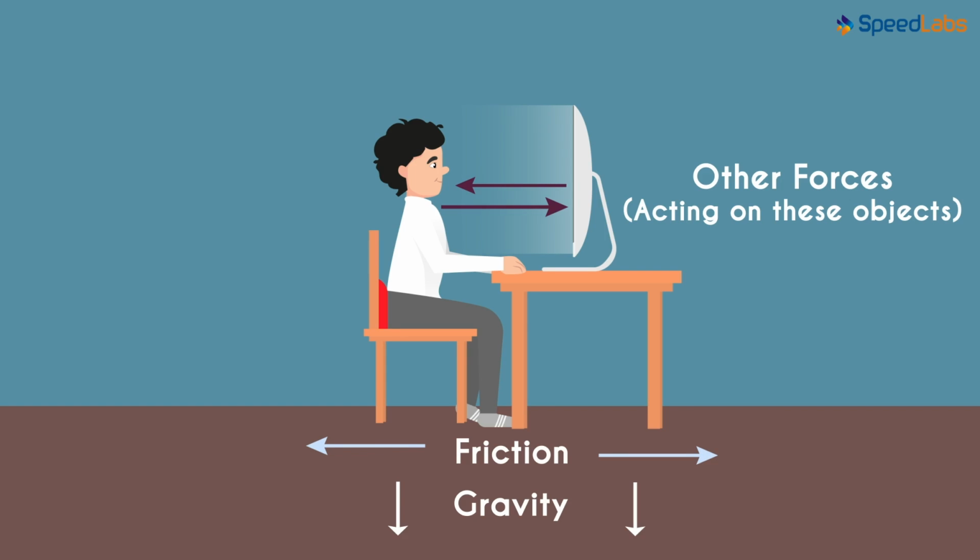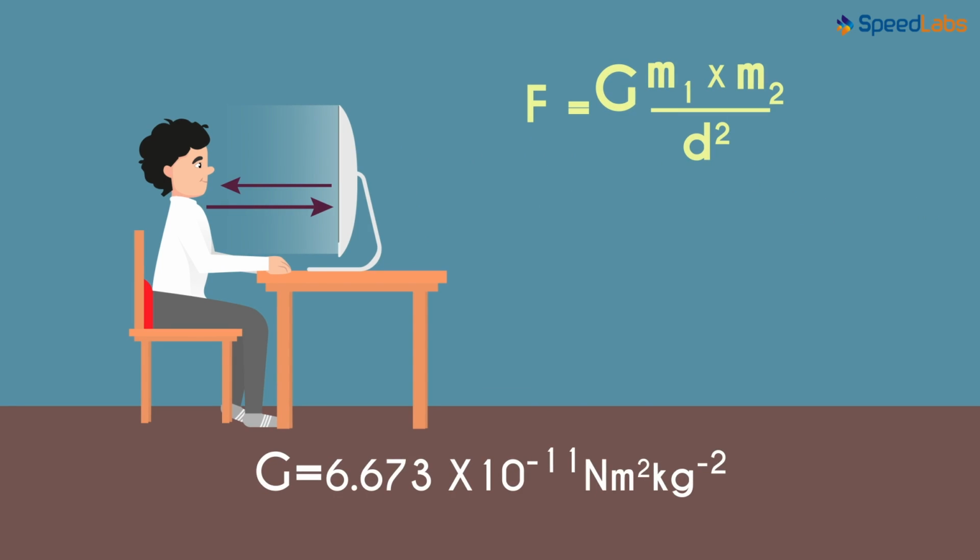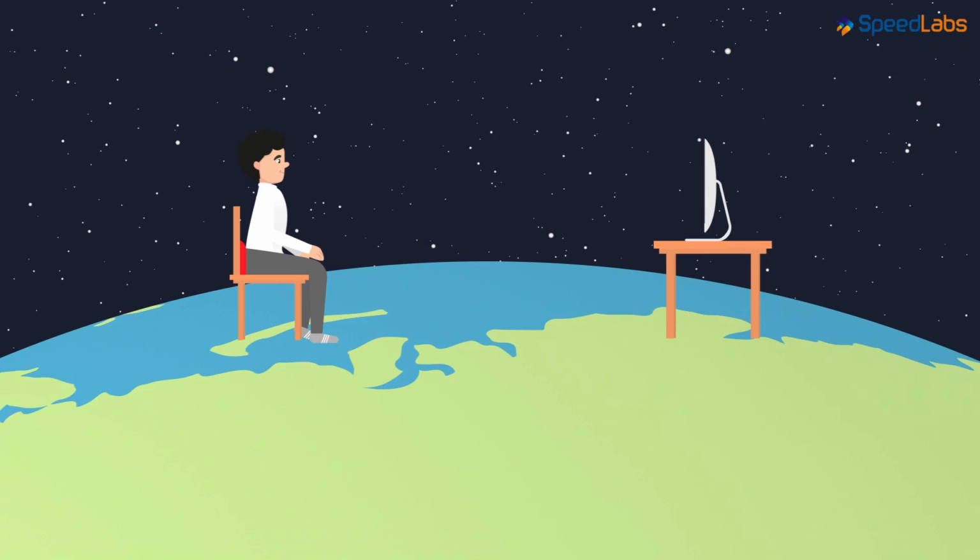You will also get the answer by looking at this formula. The value of the universal gravitational constant is very, very small. To calculate the force between you and the computer, m1 and m2 will be your mass and the computer's mass respectively. But if you calculate the gravitational force between you and the Earth or the computer and the Earth, then